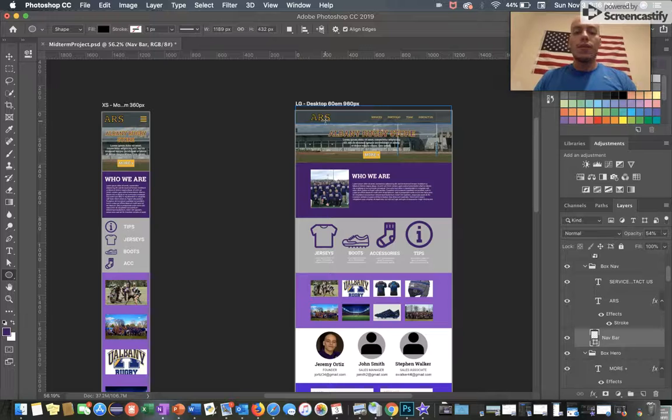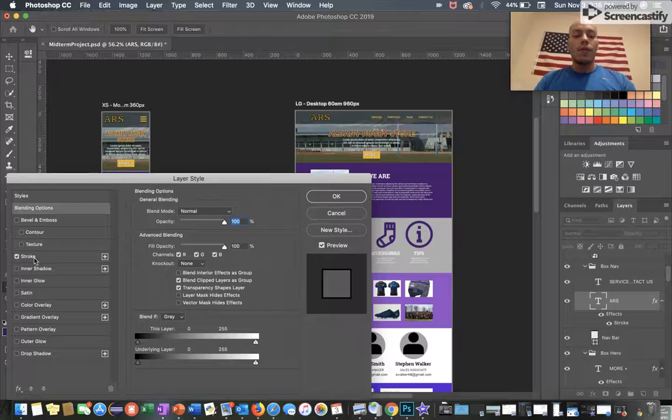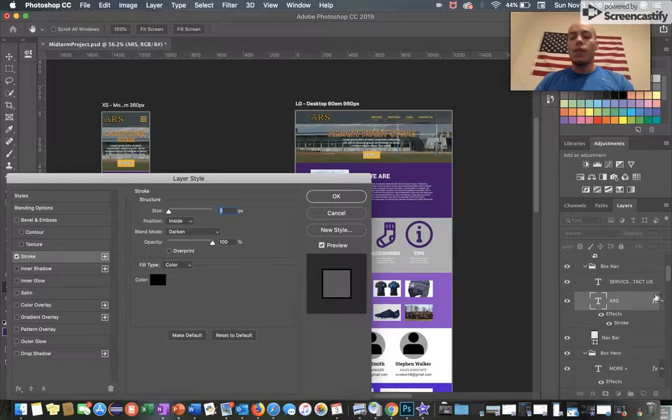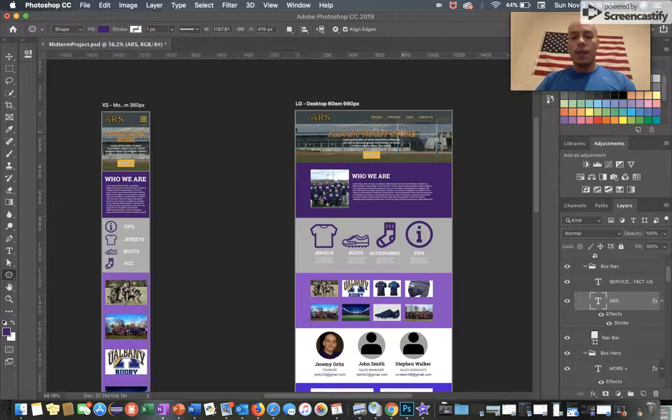Then I used the horizontal text tool to make my text, dragging across and selecting fonts that I downloaded from Google Fonts for my project. You can see the 2 texts here. On the ARS logo text, I added a layer style: if you double click the layer and check off stroke, set it to 3 pixels and the fill at black. I did the same thing for this text down here, just set it to purple fill with a gold stroke on the outside. The subtitle is white text, and then for the background picture, I decided to